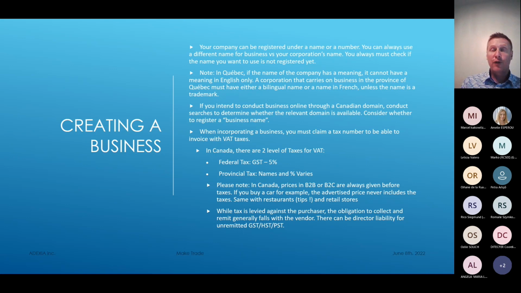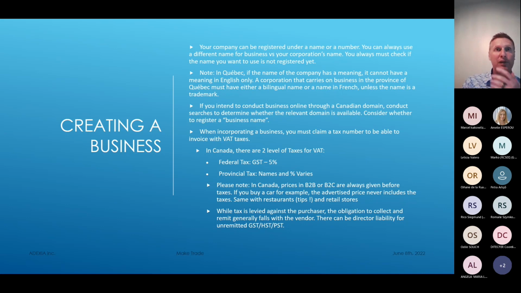So it goes from 0% in Alberta, where there is no provincial tax on the sales of goods, up to, I think the highest one must be 7% in Quebec. Sorry, I should know that, I just have a blank. I think it's 7% in Quebec, but in Quebec they calculate the tax on the good already taxed with the federal tax.